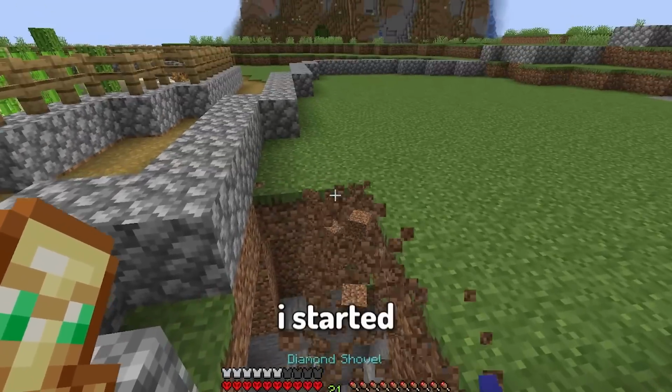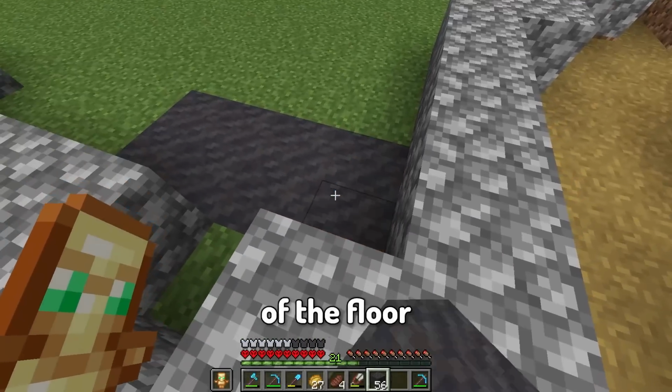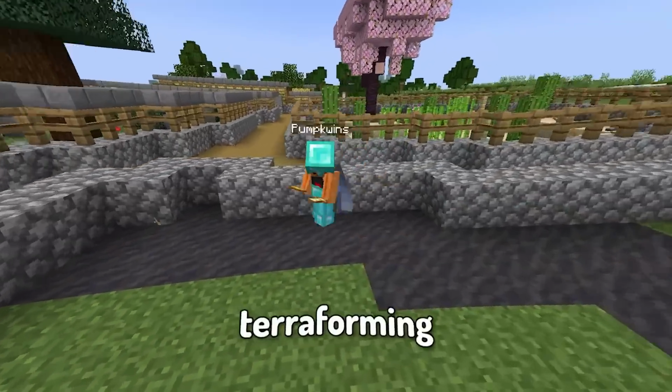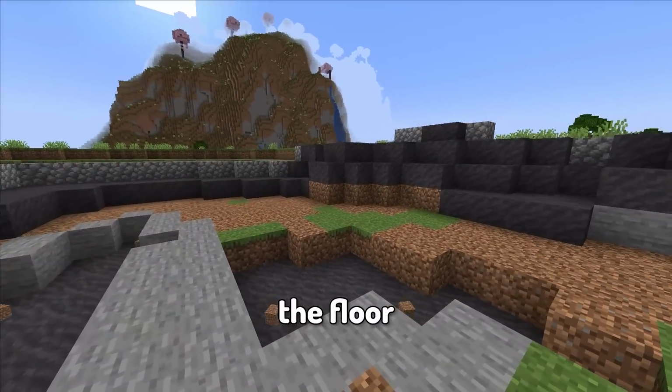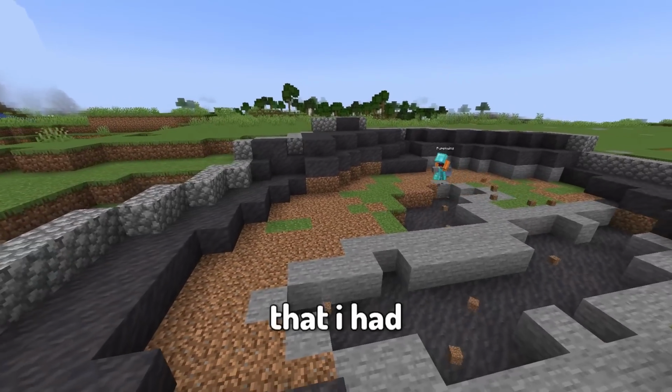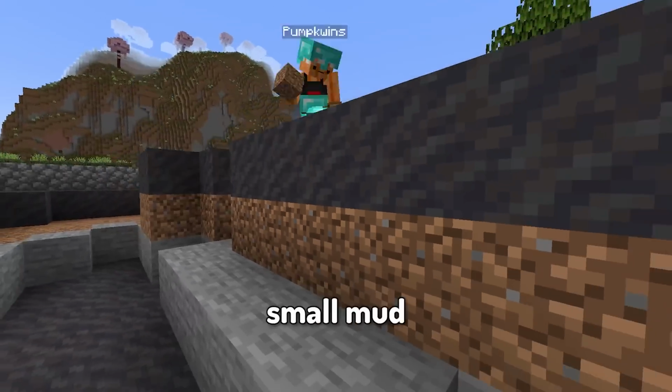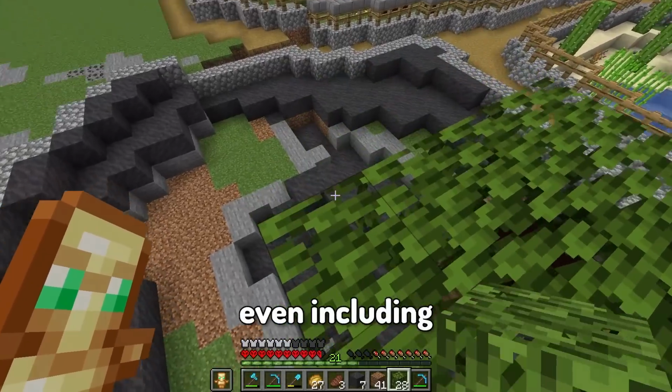So for this enclosure, I started by simply replacing all but some of the floor with mud blocks, whilst also terraforming the majority of the land out to make it look more realistic. After I had finished with the floor, for now I moved on to making the small pond that I had planned to build. The small pond would have a small mud island in the middle, even including a custom mangrove